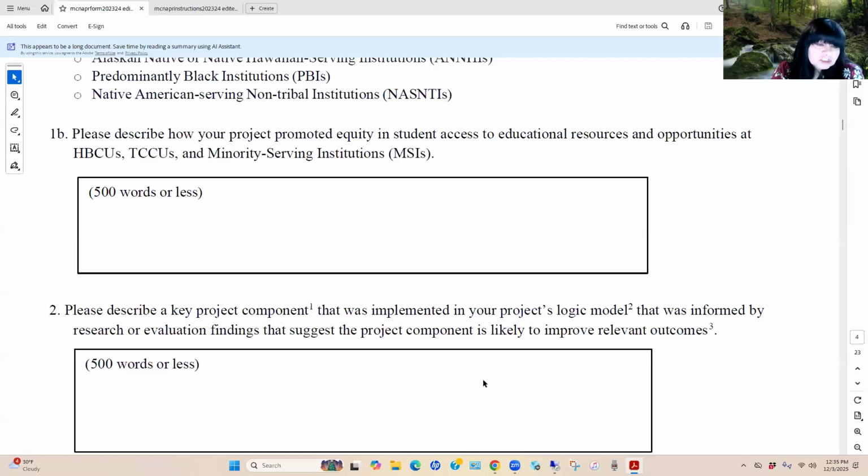Again, a suggestion to go back and take a look at what you wrote last year, also what you may have engaged in this 24, 25 reporting period, and then go ahead and describe those here. Again, posting it maybe in Word so that you can look at your word count and then copying and pasting it here.